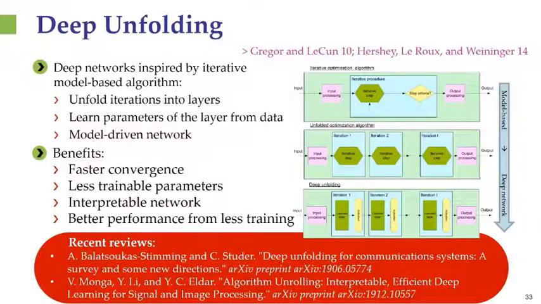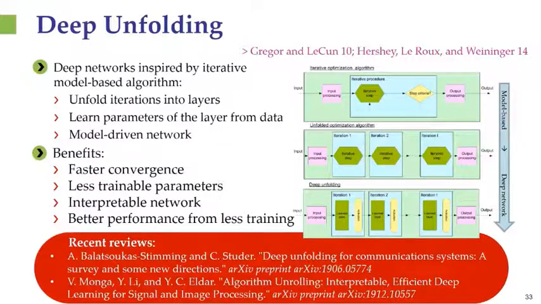But instead of plugging in channel parameters that might not be known, we're going to learn them from training data. So this is the general approach behind unfolding that was applied to many different problems in signal and image processing. And we have a recent review where we discuss different applications. It has also become very popular in communication networks, and we refer here to a review specifically for communication, and we'll see a few examples in a couple of slides.